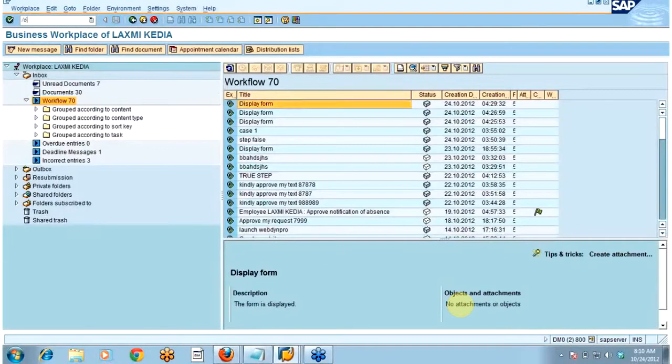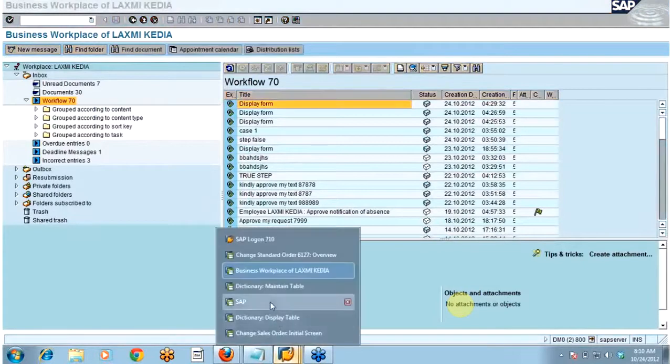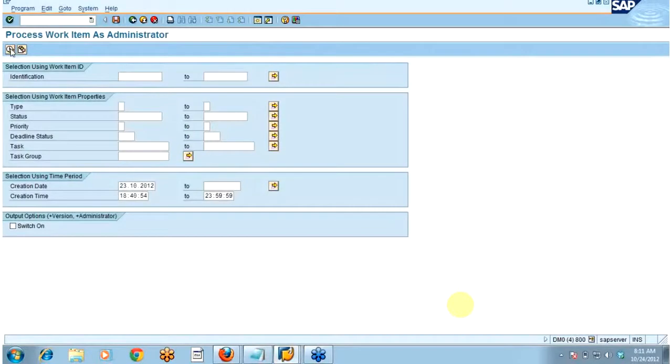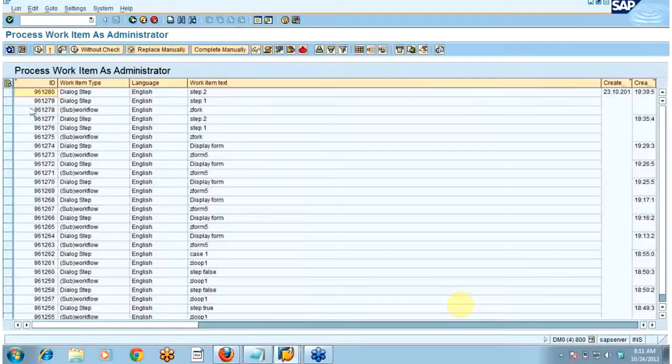Now I will take you to the log so that you can come to know what happened. I have defined necessary branches as 2, so both steps should get executed.